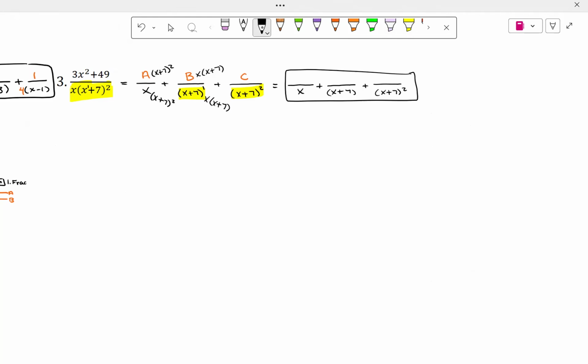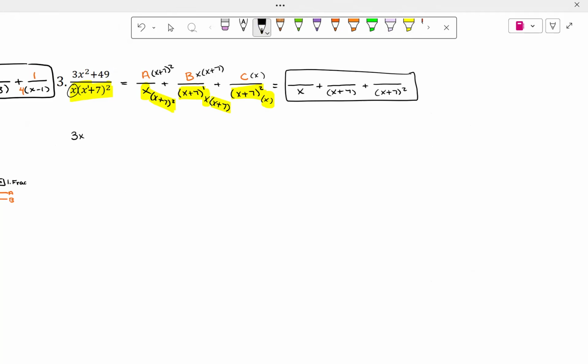And then my last denominator has 2 copies of x plus 7, so it is just missing this factor of x here. So I'm just going to multiply by x on the top and the bottom. And let's double check. I have x, and now 2 copies of x plus 7. That's the common denominator. X plus 7 and another x plus 7 is the 2 copies, and then the x. That's good. And then 2 copies of x plus 7 and an x. That's good. They all have the exact same denominators, so I can forget the denominators and write out my numerator,